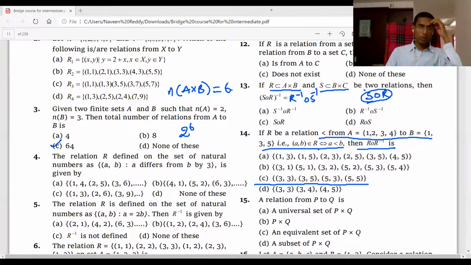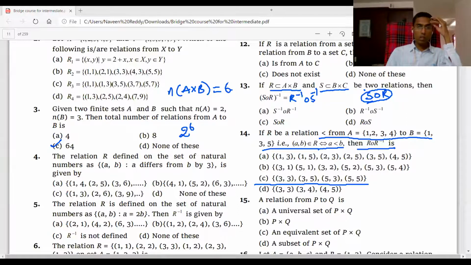So therefore if you draw a diagram, then it will be easy actually. (3, 1) is there, (1, 3) is there, but (3, 1) is there, (1, 5) is there. So (3, 5) is also there, you should write (3, 5). Next (3, 1) is there, that's all with 1. So with 5, (5, 1) is there, (1, 5), so (5, 5) you should write. With 1 nothing else. (3, 2) is there, (2, 3) is there. See (3, 2), (2, 3), so (3, 3) we write. (3, 2), (2, 5) is there, so we should also write (3, 5). (3, 5) already we wrote, no?